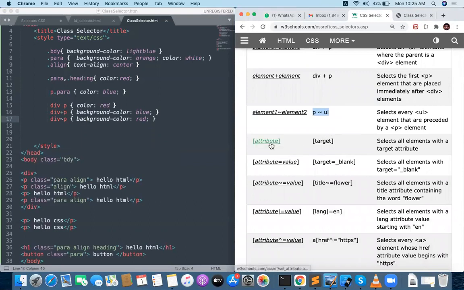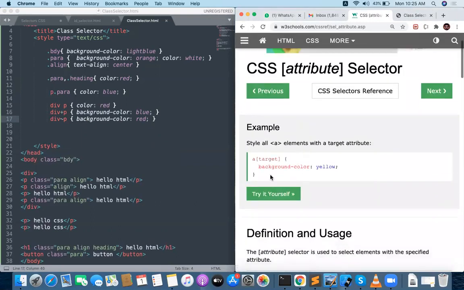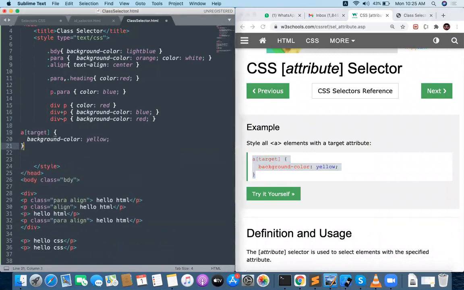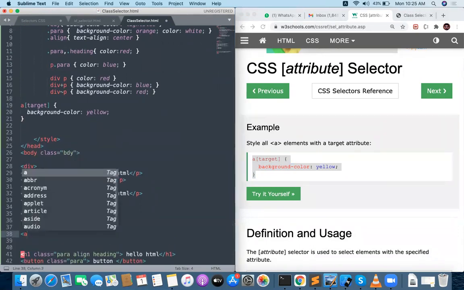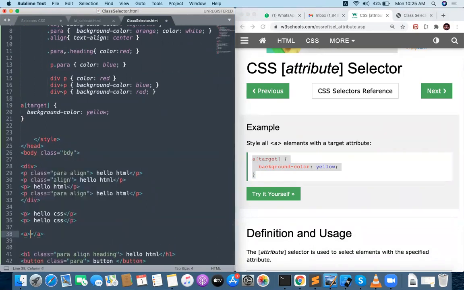And attribute selector. So what is the attribute selector? How to apply attribute selector like this? A target, background color should be yellow. Okay, we don't have any hyperlinks over there. Let me take some hyperlinks here. A, this is Google.